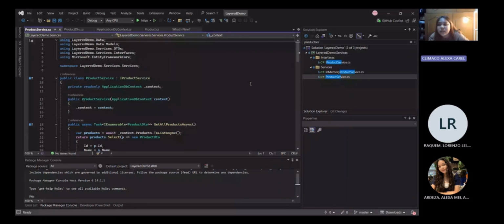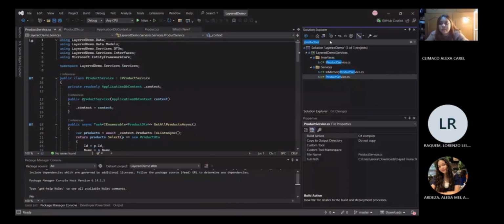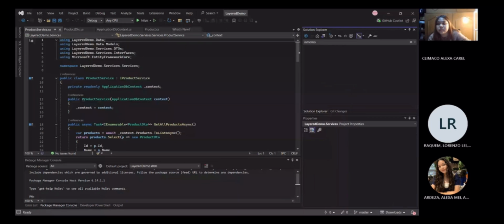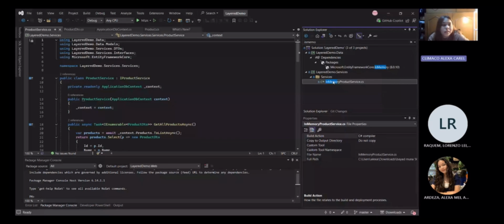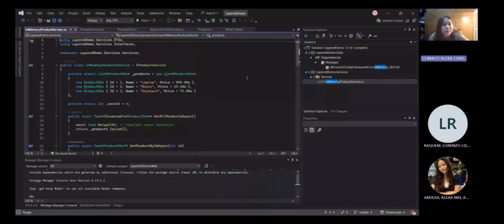And next, inside the in-memory product service.cs, implementations demonstrate how different data sources can be swapped without affecting the presentation layer.